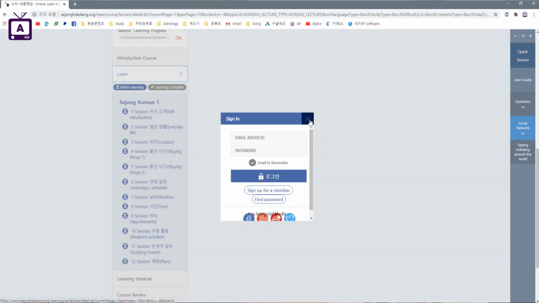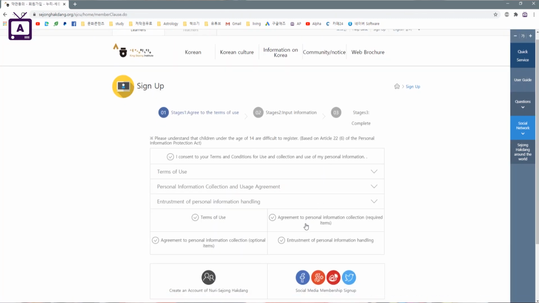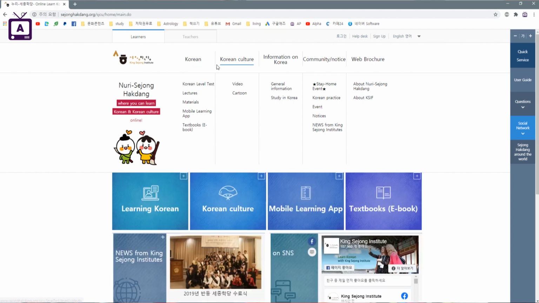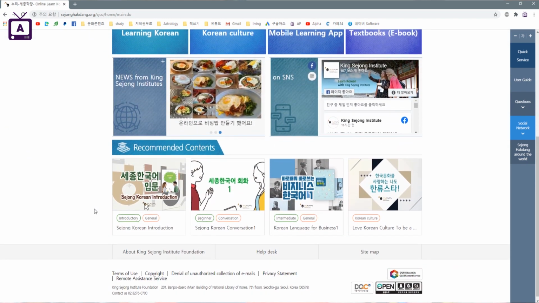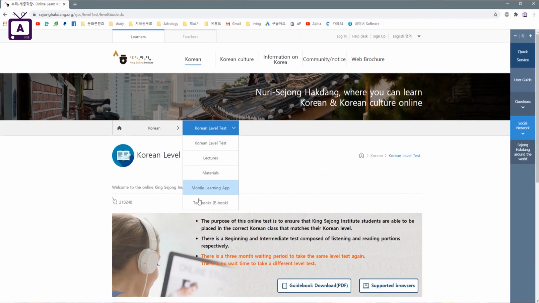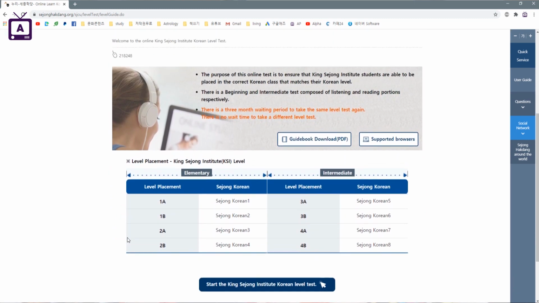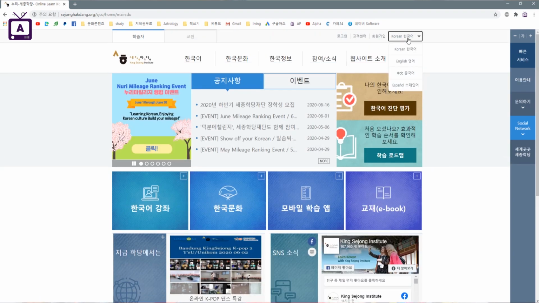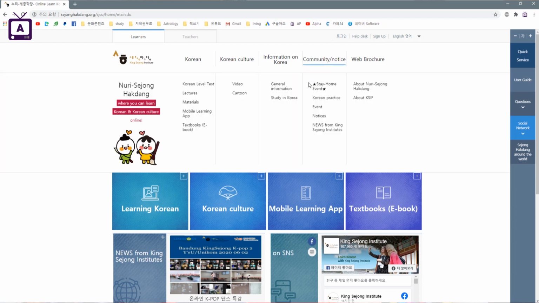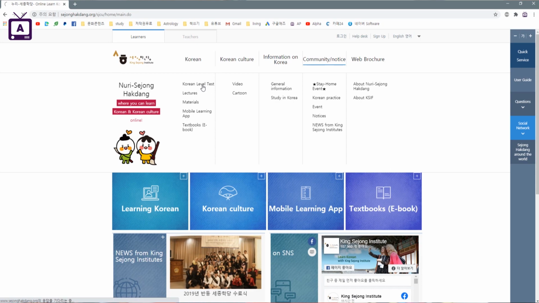So you have to get a membership. But once you sign up as a member and log in, you will be able to take a level test, and also you can set up a roadmap for how to study Korean, and you can take lots of various contents on that. There are lots of videos and also tests and lots of quizzes. Yeah, tests and quizzes are different, and also the lessons and lots of things. And there are also ebooks, but you cannot download the PDF. That's the only thing I don't like. But anyway, you can take various language courses for free from the basics.